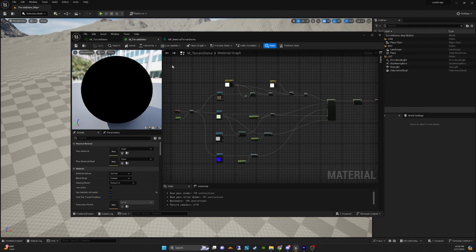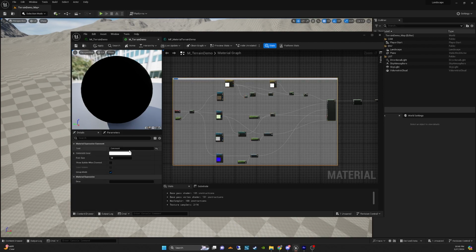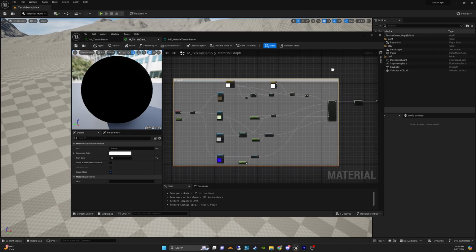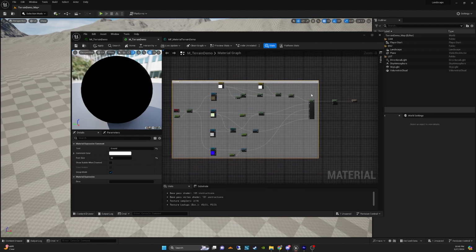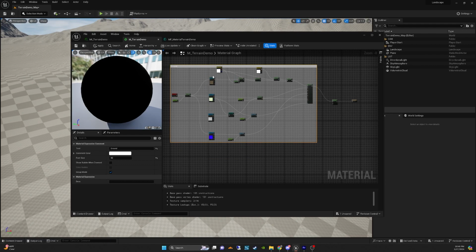Then we're going to select all these guys all the way up to the make material attributes. Hit C, and we're going to name that ground. That's size, so that text a little bit larger. Great. Nice and organized. If you wanted to at this point, you could duplicate this guy over, just copy paste it,